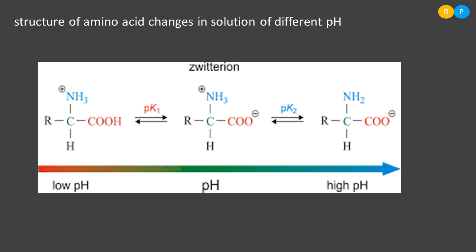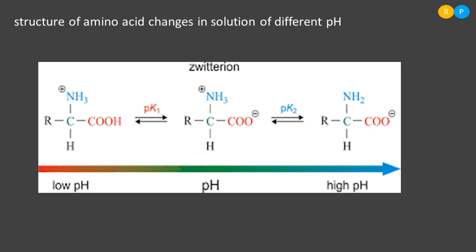Understood? So the gaining of the proton takes place when the amino acid is placed in acidic pH or low pH. You can observe the first equation what they have given. And they have also indicated the pH level there, low pH. So when the amino acid is placed in low pH, that means in acidic solution, the carboxyl group, that means COO minus group, is protonated. That means it will gain hydrogen from the solution. So as a result, the amino acid will be positively charged. Understood, right? So this is what the changes we can see when we decrease the pH.